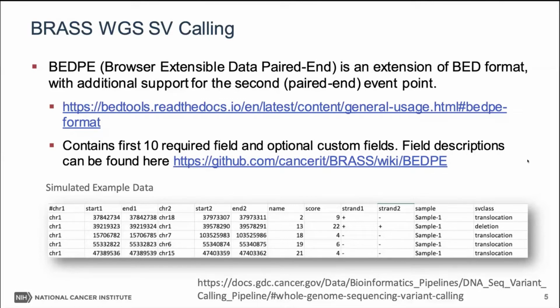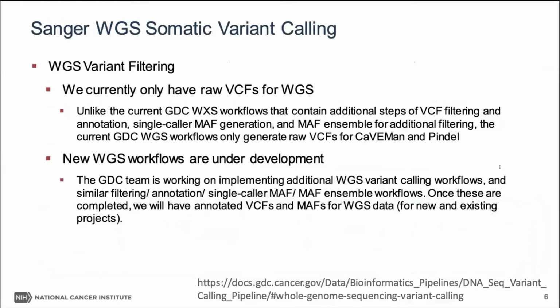So this is the current status of the whole genome variant calling. And if you're familiar with the whole exome data available in the GDC, you will know that for whole exome, not only do we have the raw VCF called from each individual caller, we add additional filtering workflows and annotation workflows. And this will be followed by the VCF to MAF workflow,